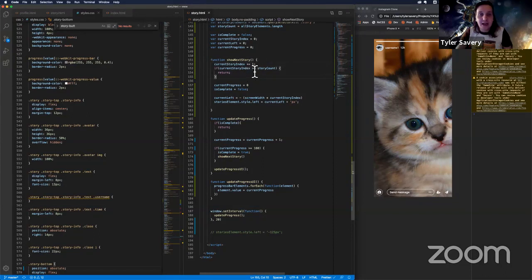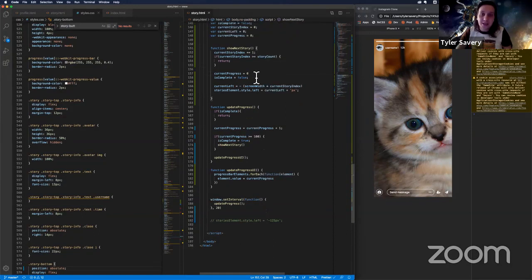We're checking to make sure that there is another story essentially. Then we set current progress back to 0. We set is complete to false because it's not completed anymore. And then we set its positioning. So this is the fun part here. And now